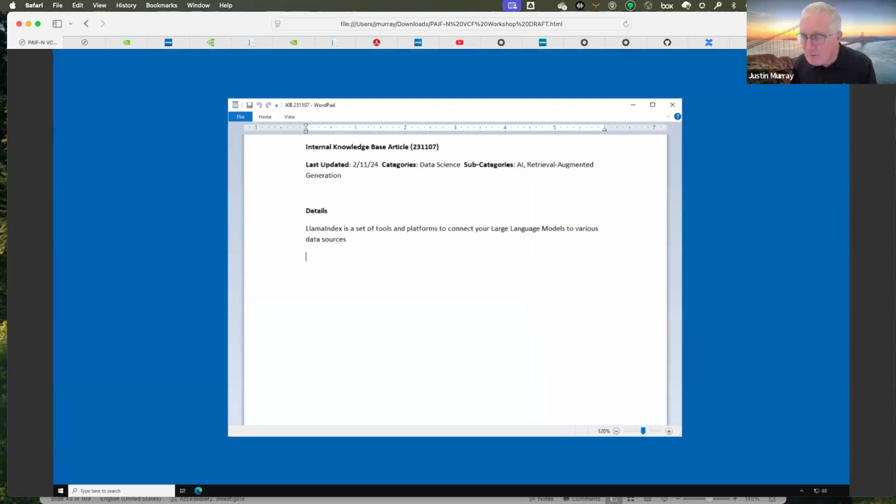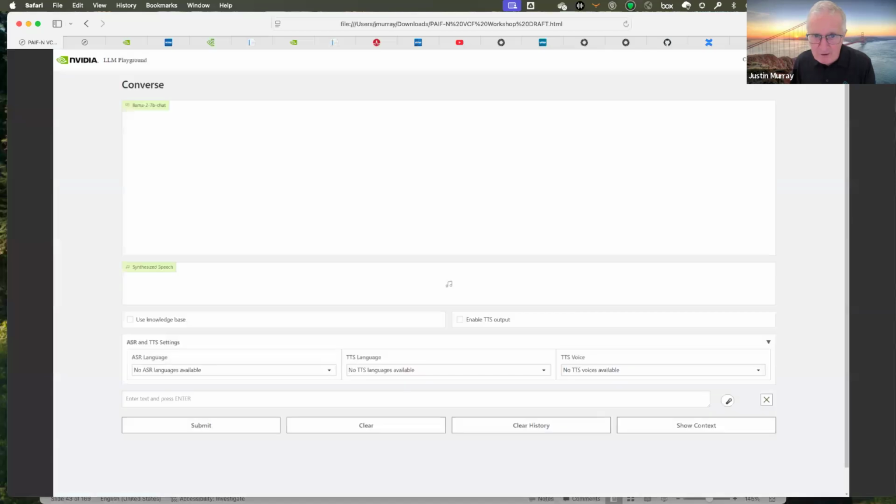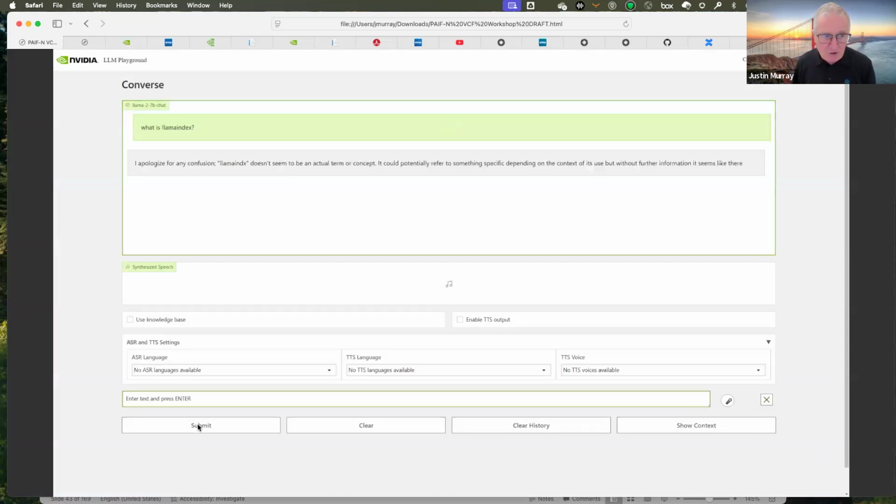Okay, now that we've got our model running in our deep learning VM and we've got a vector database running, how does this model actually behave itself when it's being used by an application? So now we're looking at an application. This is a chatbot application. It's running the Llama 2 model on the top right, left-hand side there, Llama 2 7 billion. That's the model that's being used. And we're going to ask this application a question. What is Llama index? And submit that question.